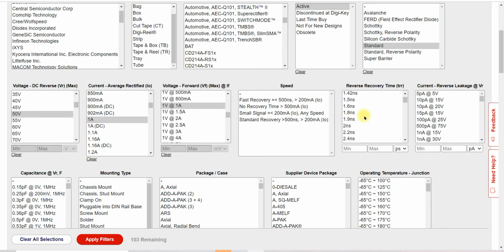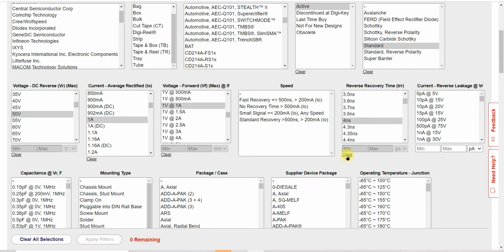So here you can select 3 or 4 nanosecond for a simple application. You can select up to 10 nanosecond, but for high frequency applications you need to select a much lower time. Here I don't select anything. If I select 4 nanosecond, what will be the number of results?